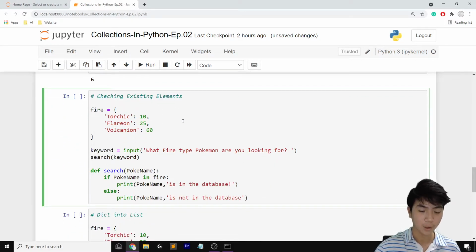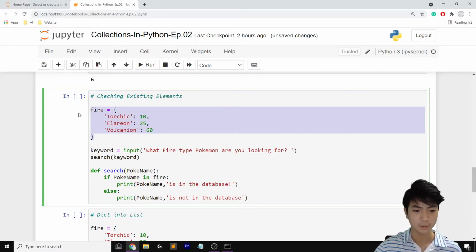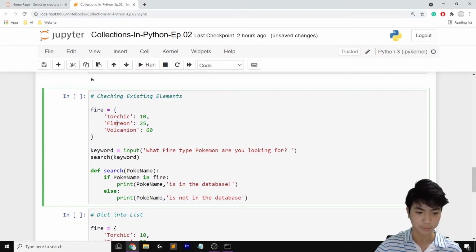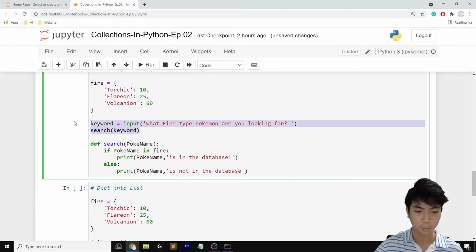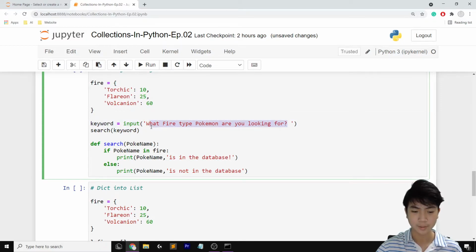Okay, so let's move on, and we're going to look at how to check existing elements, or basically we're going to see whether or not the things we're trying to look for exist inside of the dictionary. This is also used with input, or has a user interface kind of. Basically we're going to be using a dictionary, which is the fire dictionary, and we have Torchic, Flareon, and Volcanian. So we also have an input, which is called keyword. Keyword equals input, what fire type Pokemon are you looking for? So this will basically ask them, and then they can type their reply in, and after that it will